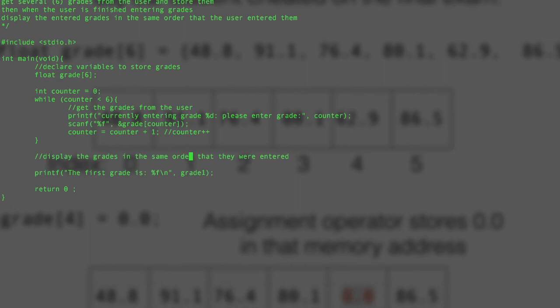And then what we'll do down here is, instead of writing out all those lines again in order to print out each grade one at a time, we can write a loop to do this. So let's go ahead and write a loop to do that. Again here, I'm going to set my counter back to 0. And then I'll write a while loop. While counter is less than 6. Okay, now we're going to